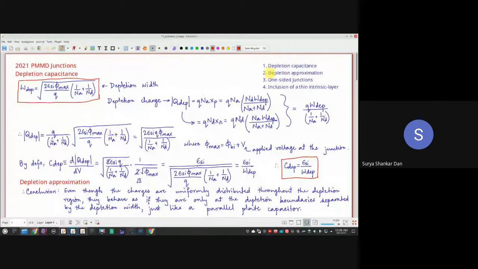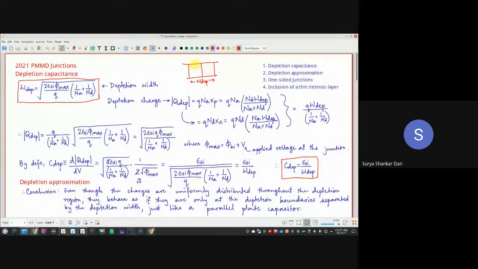In a diode or any junction, in a BJT also, we are always going to encounter two capacitances. One capacitance is essentially inherent because of the depletion charges. You can clearly understand that you have a diode here, and then you have this entire depletion region. This is your W depth, as we all know. The most important thing to understand here is that these depletion charges are spread out inside this entire depletion region.